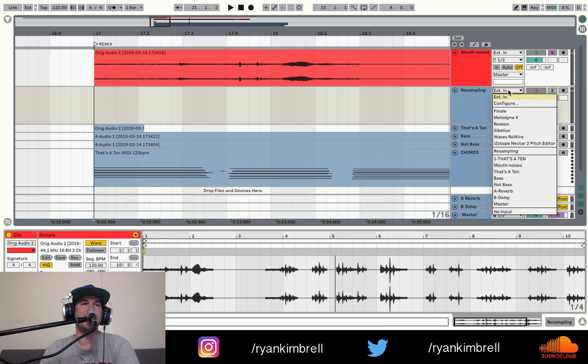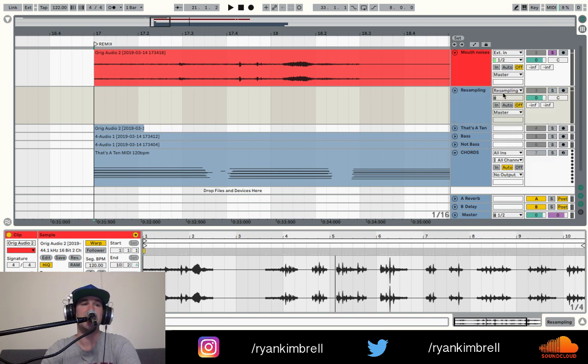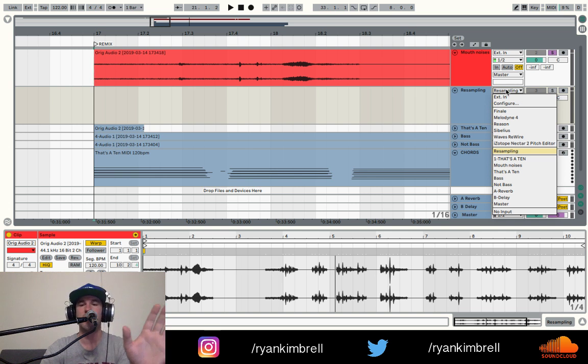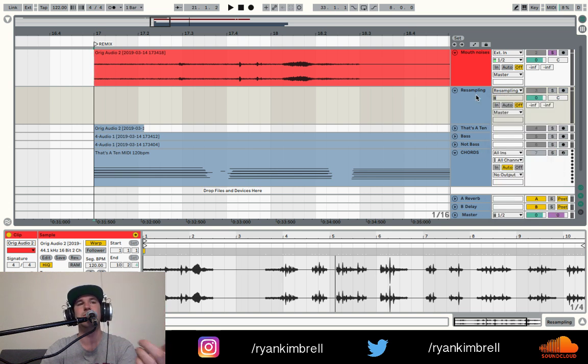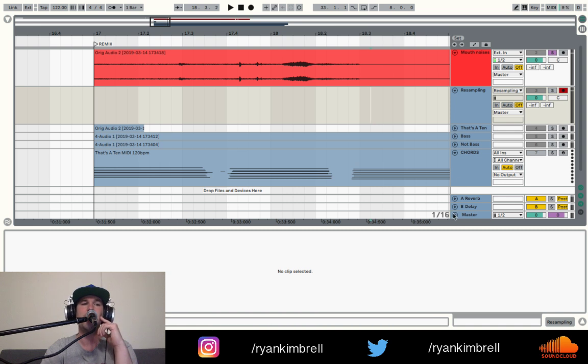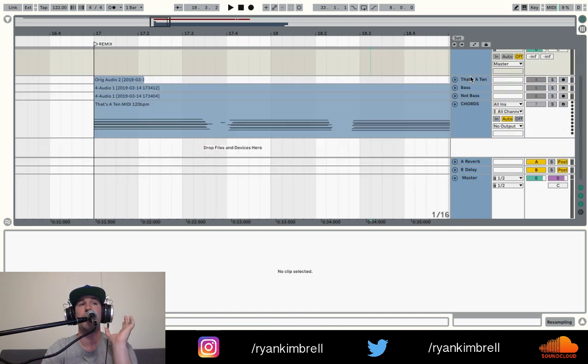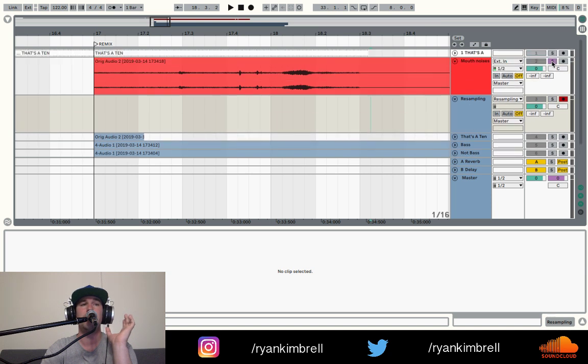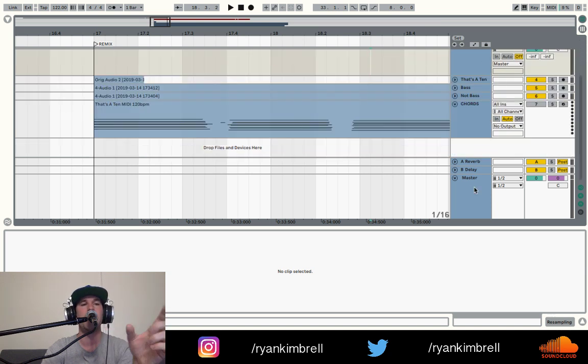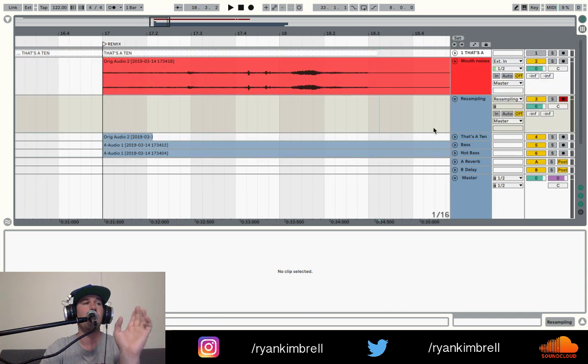Let's resample it. So we're going to set the channel to resampling. This is very easy to do in Ableton to record audio. Instead of busing it from channel to channel, Ableton has a bus set up for you already that resamples. You don't have to make your own bus or send this to this channel. There's multiple ways to do this. The easiest one is just to select resampling, which is what it's going to do: if I enable this channel and I record, anything that comes out of the master bus, which is right now everything that I've set, it will come out of the master channel, and it's going to record all of that to this channel, which is a really helpful tool.